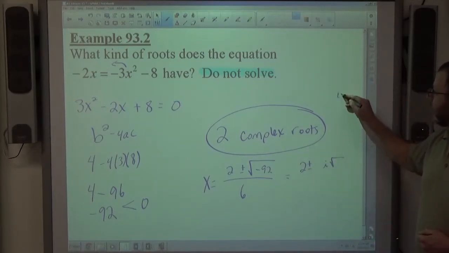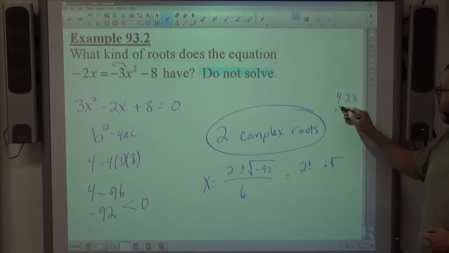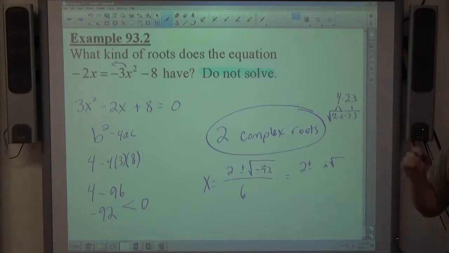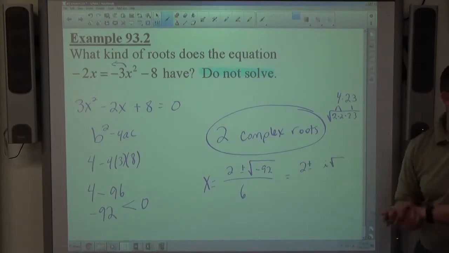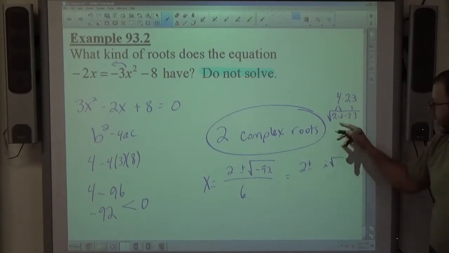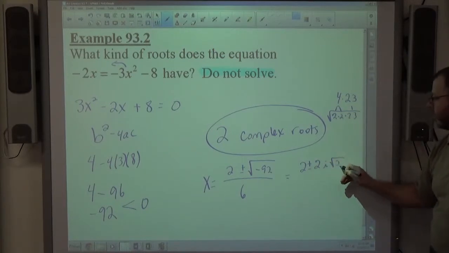92 happens to be 4 times 23, and 4 is 2 times 2. So we all know that. So, obviously, everybody knows that, right? 4 times 23 is 92? You could have figured it out though, right? It's even, divided by 2, even, divided by 2 again, right? So, a pair of 2s makes a 2 come out and 23 stays in, all over